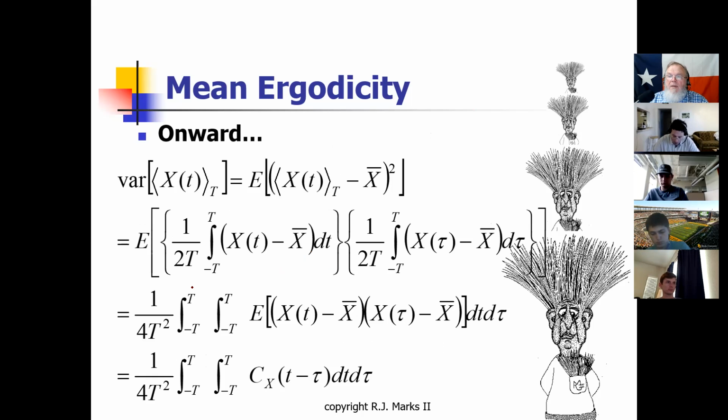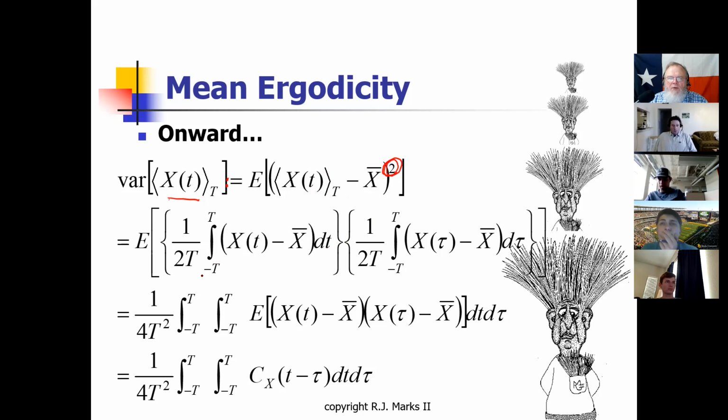Okay, here we go. Let's jump through the mathematics. The variance of x of t, this is the definition of the variance. So we could put a little "is equal to by definition" here. It's equal to the expected value of the stochastic process time average minus the mean, and we know the mean is equal to x bar. This is squared, of course, and we're going to expand this out into